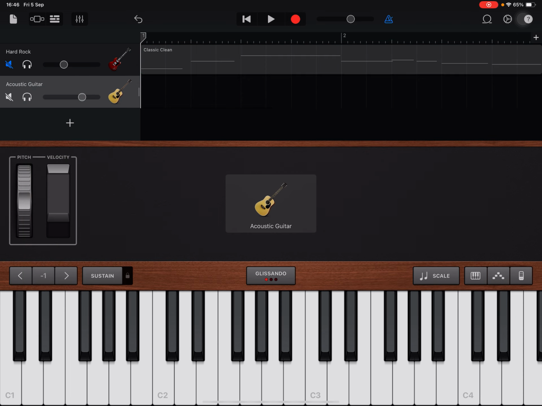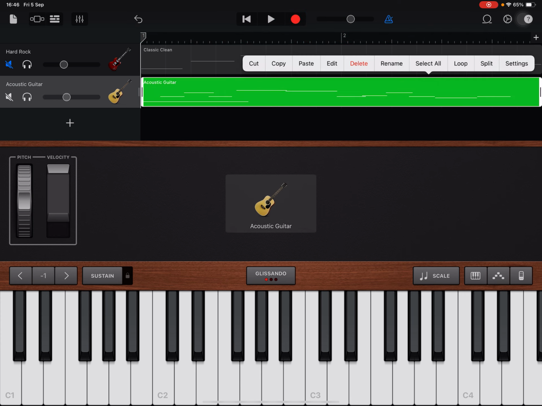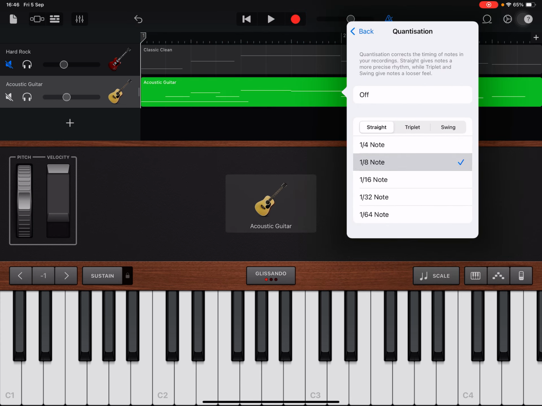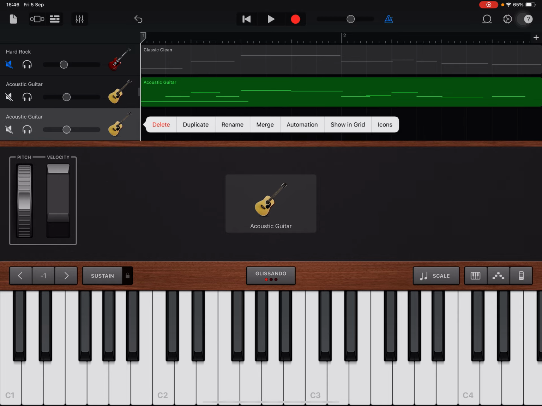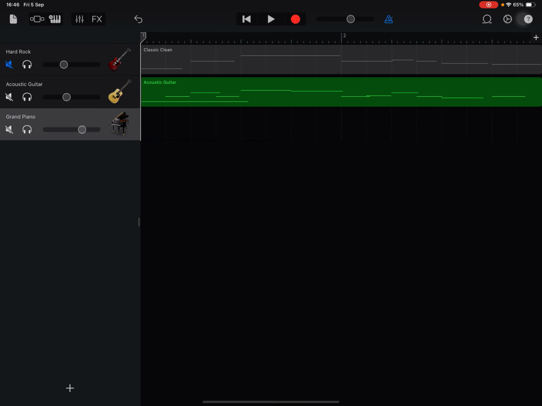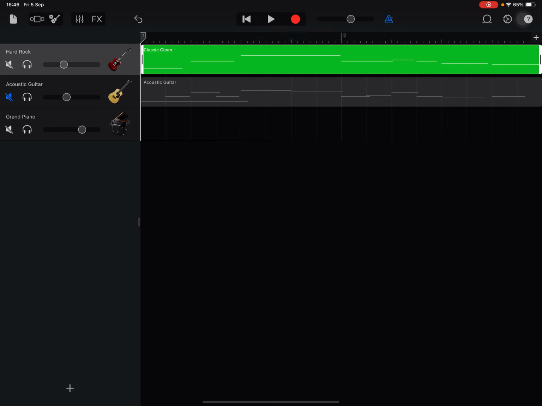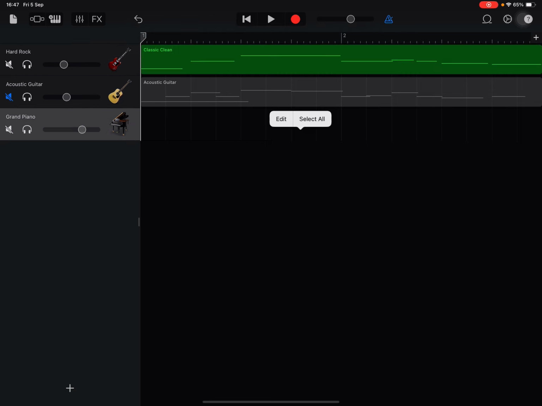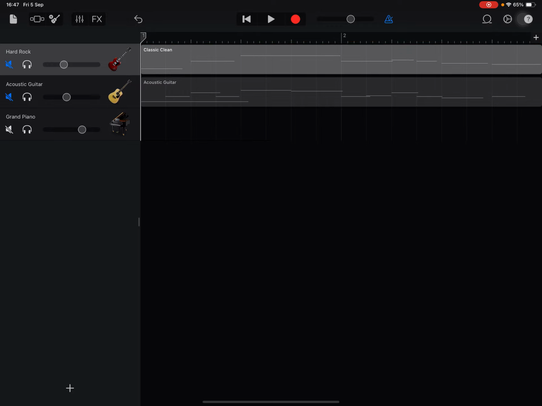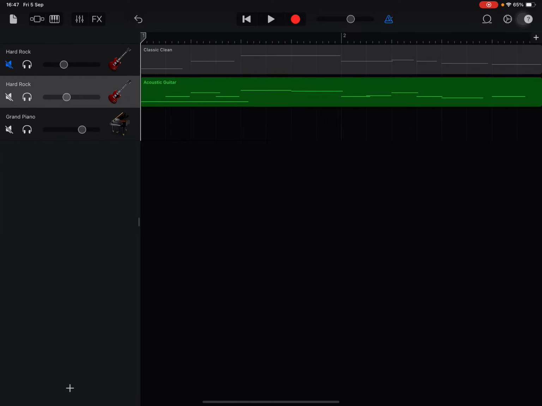And in a second, I'll explain the reason I don't use this, the top one, the main guitar function. And that is because you go back onto keyboard, you can't drag MIDI notes from guitar onto piano. If I copy it, you can't paste it. Whereas this one, if I do the same, hard rock guitar,